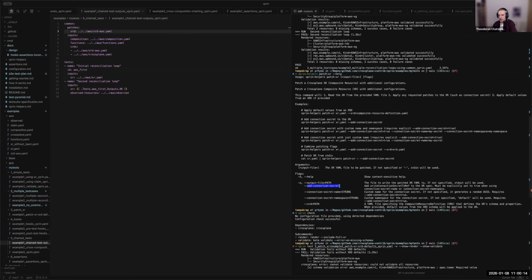And honestly, I thought of moving it also inside the Crossplane CLI, to move it to a separate tool and outside of the Crossplane render, so that people can use it for previous versions as well. And in the future, I want to add more functionality, like being able to add or delete a field in a resource, for example, for advanced patching, for advanced coverage.